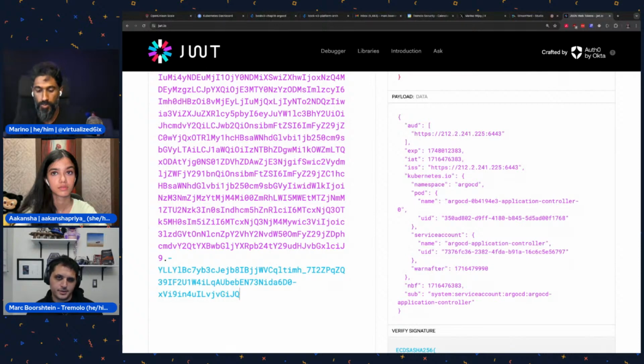Now, Kubernetes is a little bit different. We'll talk about that in a second. But for the most part, when you generate a JWT, when you generate some kind of access token, whether it's a JWT or a personal access token, they're called bearer tokens because the bearer is the one who gets in. So if you lose that token,